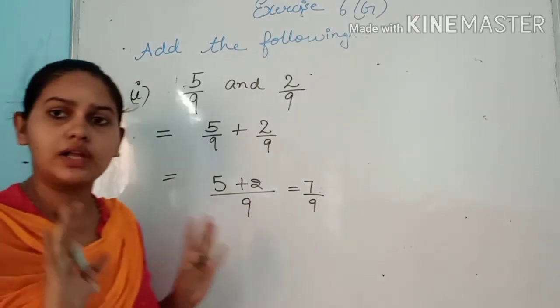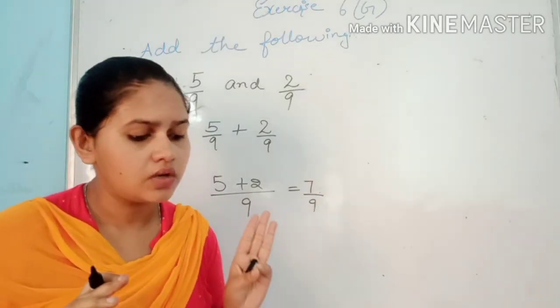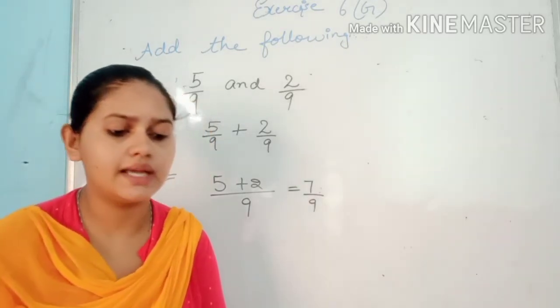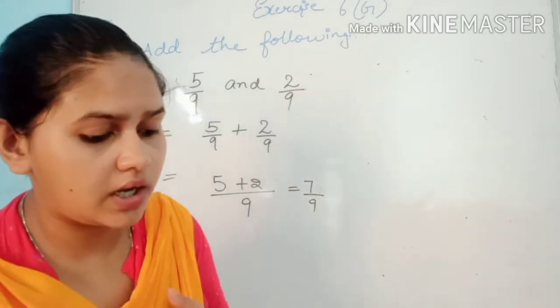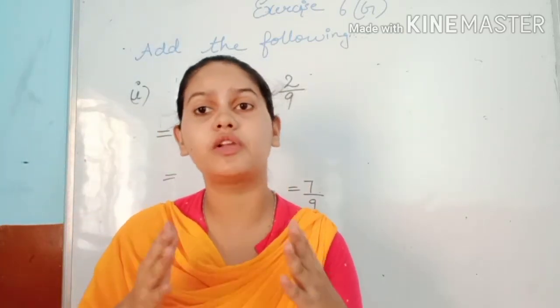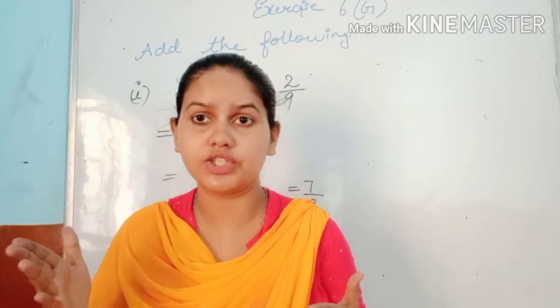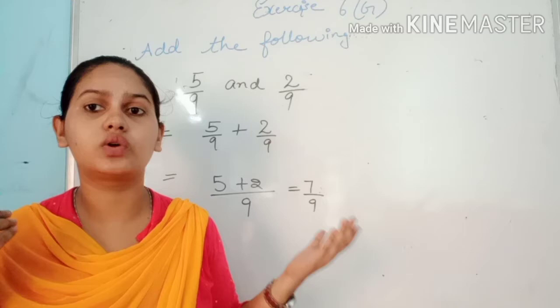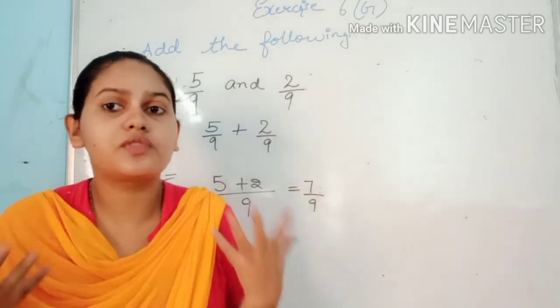We have done all our sums of the third unit. There are 4 units for us in exercise 5G. Now in the last we are going to do the first and second. Firstly, we will learn how to do the subtraction and the addition in the fraction. As you can see, we have done our addition. Now we are going to learn how to do the subtraction.